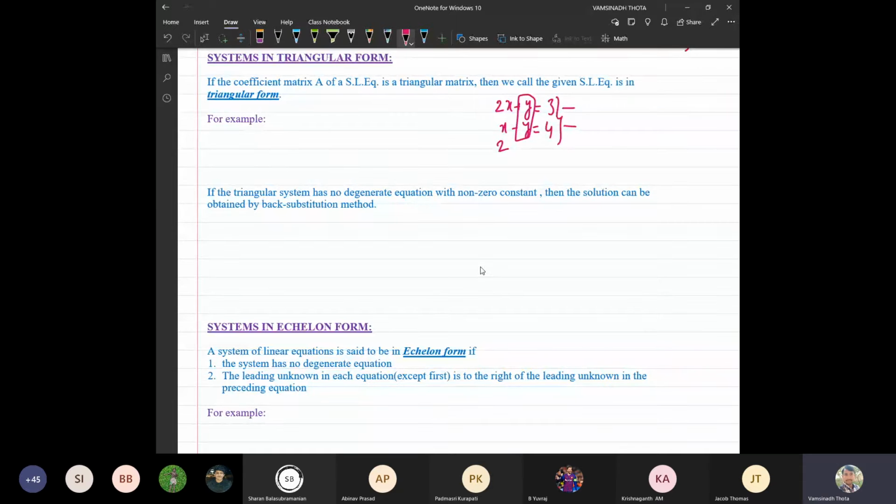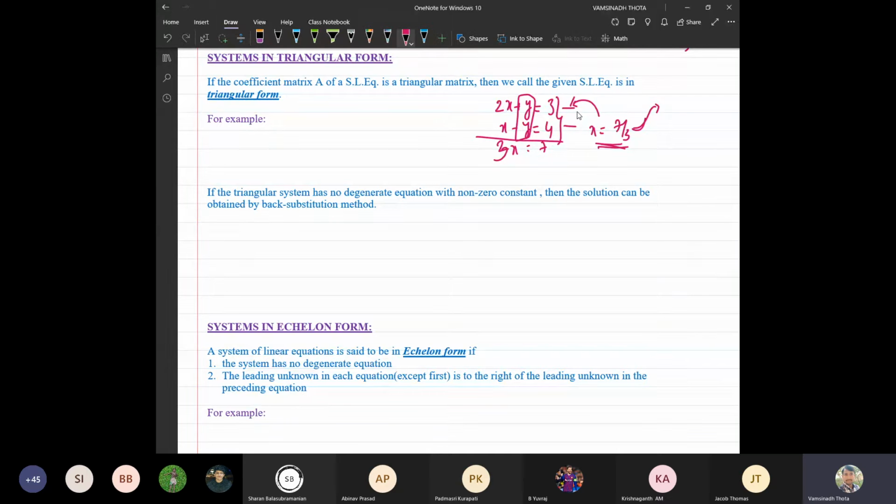So generally, this process we have already come across. You might have eliminated one variable by adding them. So finally, you will get 3x is equal to 7, so x is equal to 7 by 3. And once you find one value, you try to find the other variable's value by substituting x is equal to 7 by 3 here. Am I right? So this is the general way of doing it.